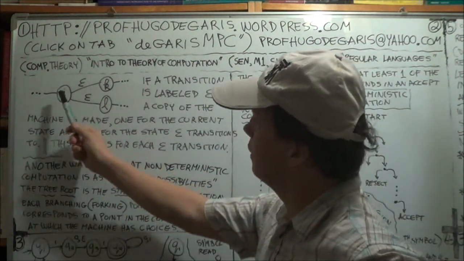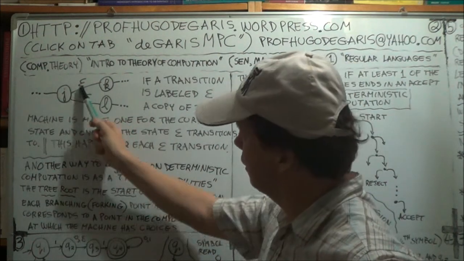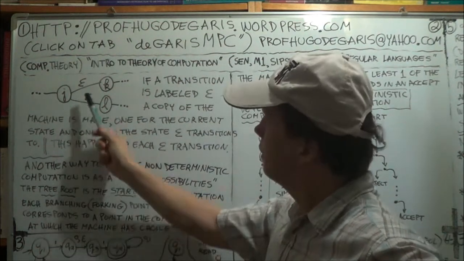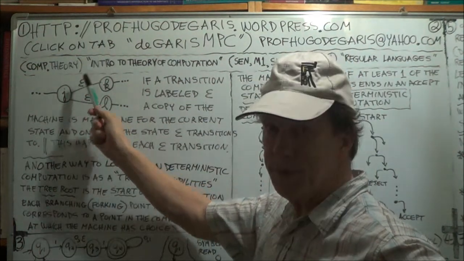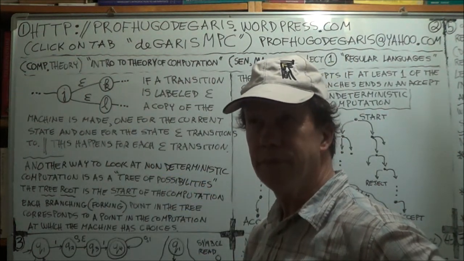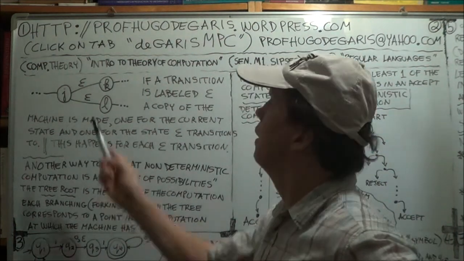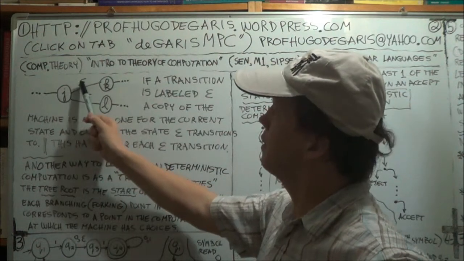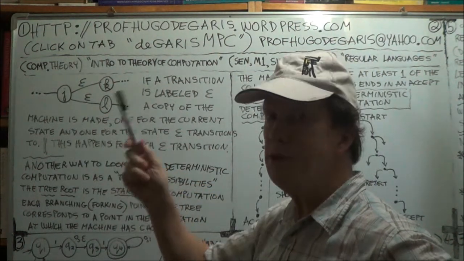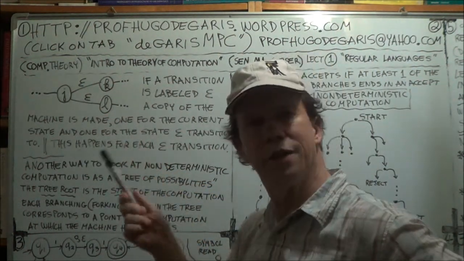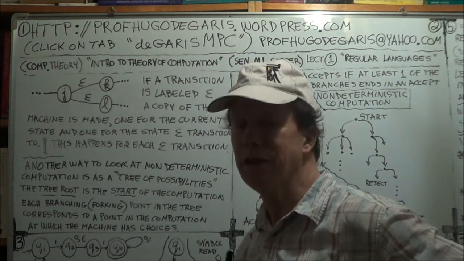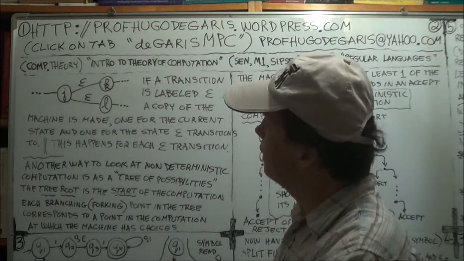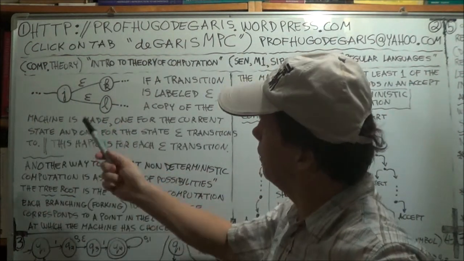So say you have transitions like this between states. But let's say one of the labels on a transition is eta. I mean, there may be others, but let's say there's an eta here. When you see that, and it's in the context of NFAs, non-deterministic finite automata, what you do is the following: